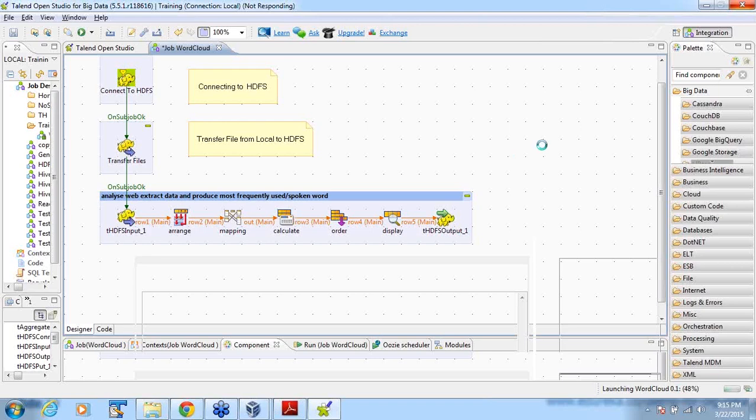It will take some time, guys. There are many jobs running on my machine, many things I keep doing here and there. All right, while the job is running, guys,